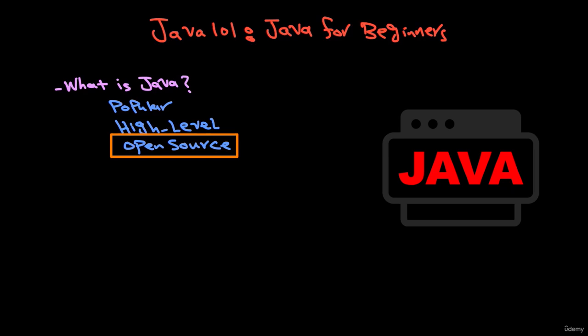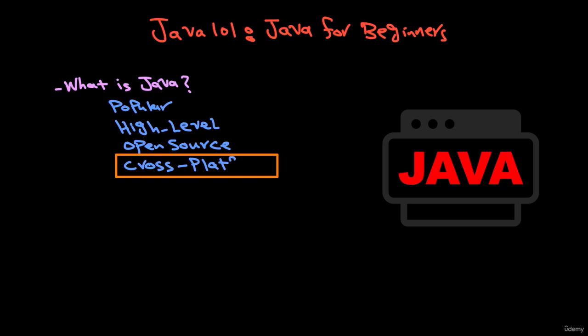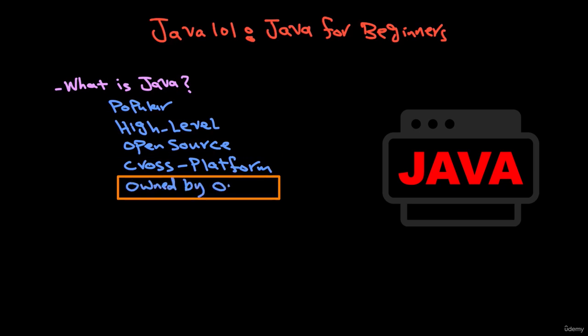So, it's a free and open-source language and you can use it for free without any problems. Also, the Java programming language is a cross-platform language. That means you can develop a Java application in Windows, for example, and use it in Mac and Linux. So you can use Java on any operating system you are using without any problems. This language was created by Sun Microsystems and now it's owned by Oracle.